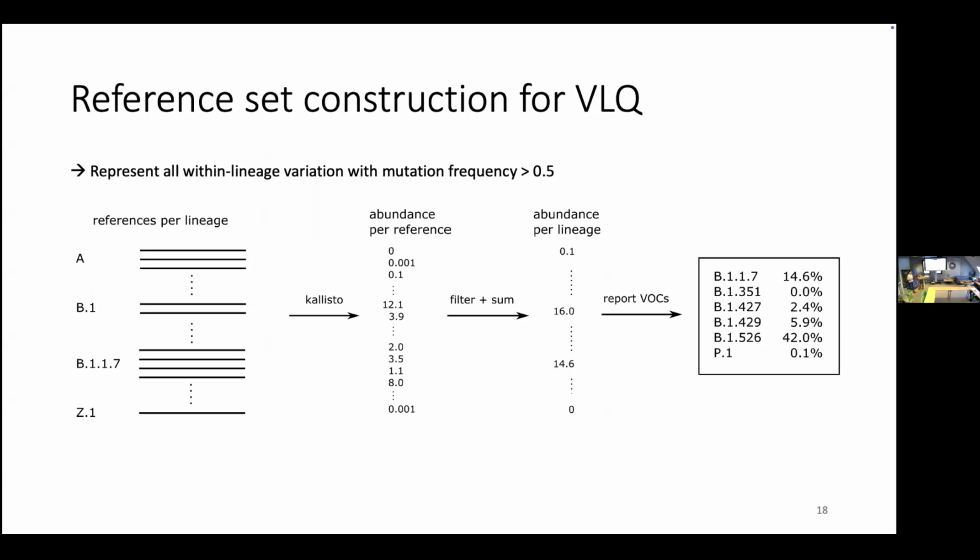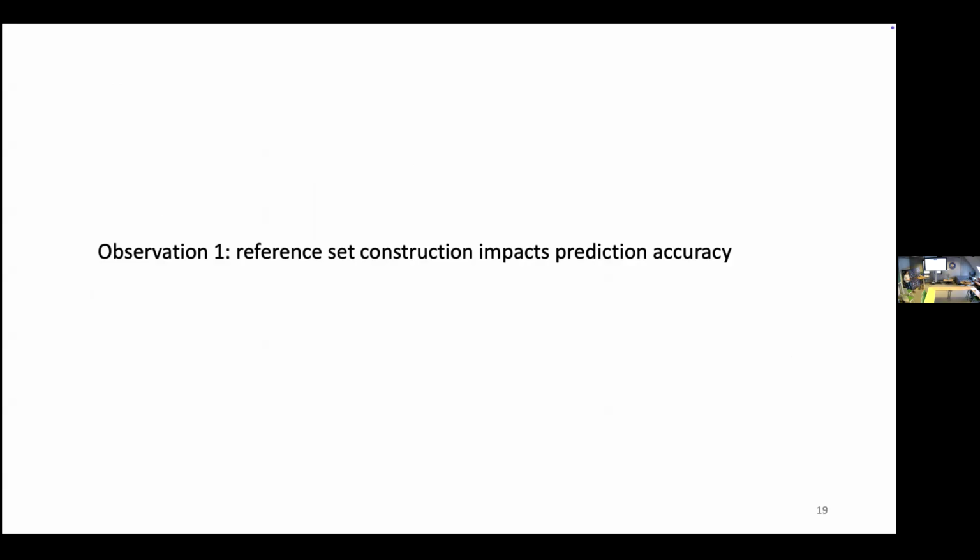So this is a simple approach which worked, but then the question is, okay, even for this selection, do you want to use your entire database, or do you want to be more selective already in your input to this selection process? Or maybe there are better ways to do the selection process. Probably there are. But what we saw is that actually the way you select your reference sequences, it impacts the prediction accuracy.